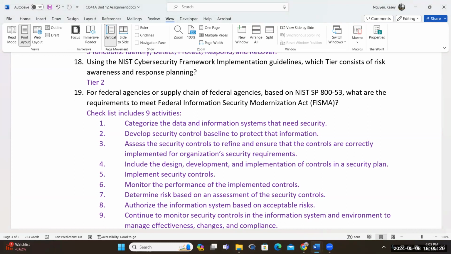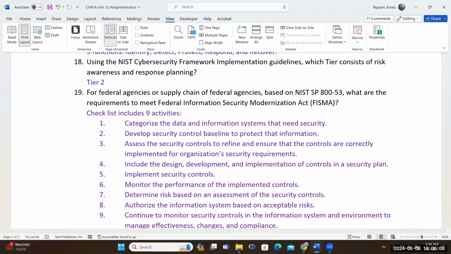So here are some of the requirements. The checklist includes, you need to categorize your data for classification purposes. So all the systems that contain data, you need to categorize like public, confidential, private data, and apply the appropriate protection for different levels of data. That's first. So once you do that, you would move to step 2. You need to make sure that you have control at the baseline to protect the information, protect the data, right, in those classes.